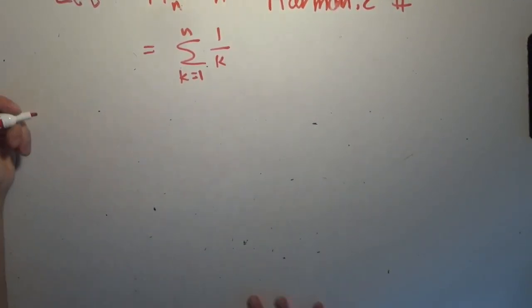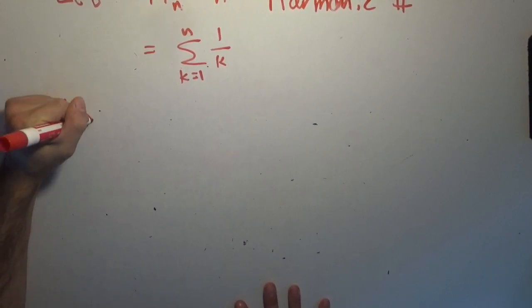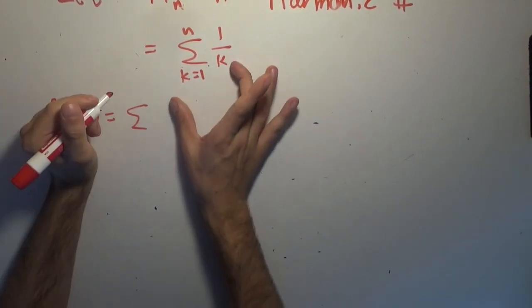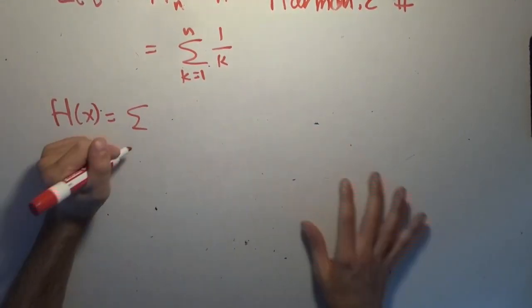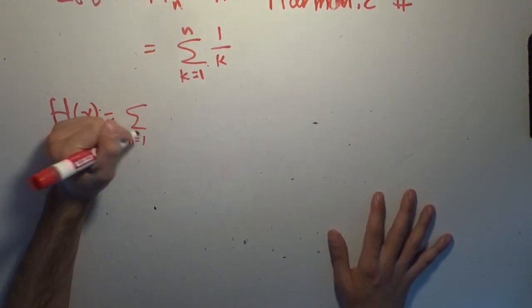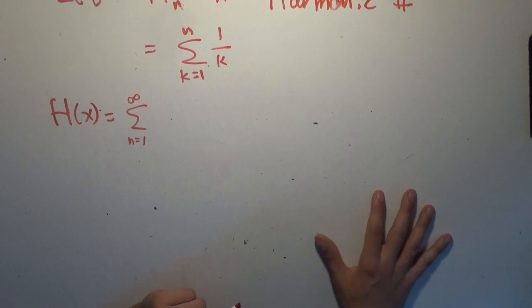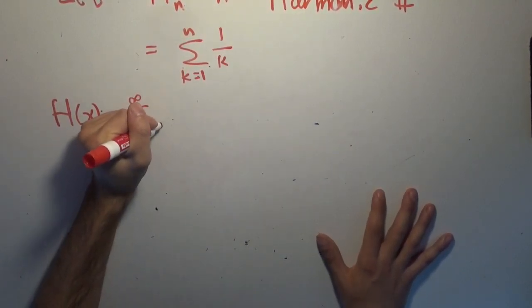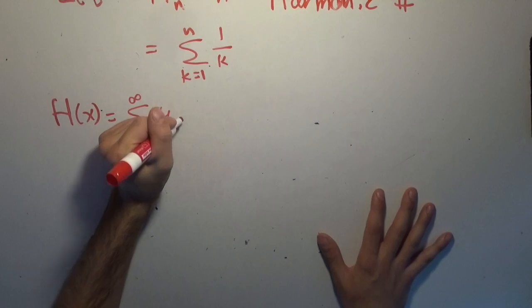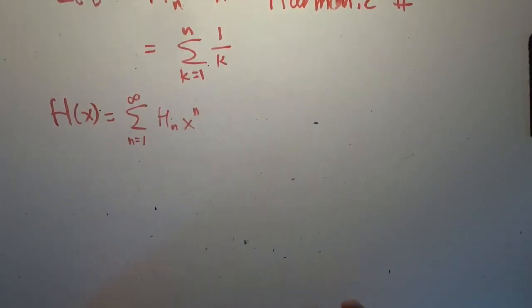So what we're going to do is, of course, define capital H of x to be equal to these being the coefficients of x to the power of n. So we're going to start at n equals 1 to infinity, and we're going to have H sub n times x to the n. What can we do here? What I'm going to do is